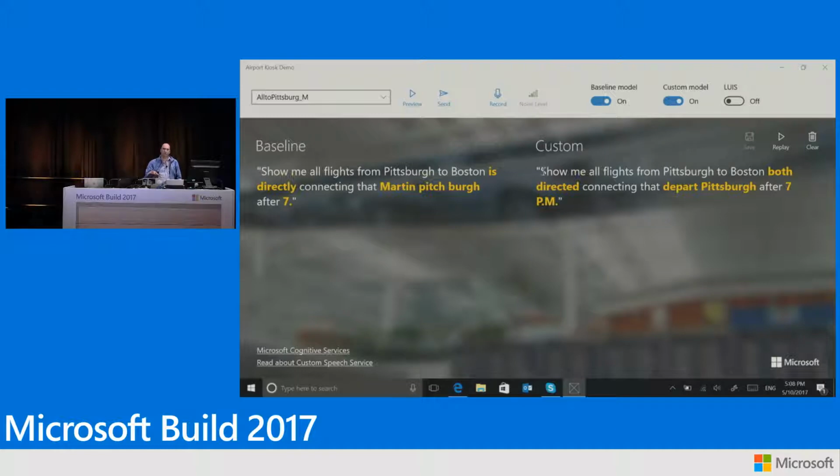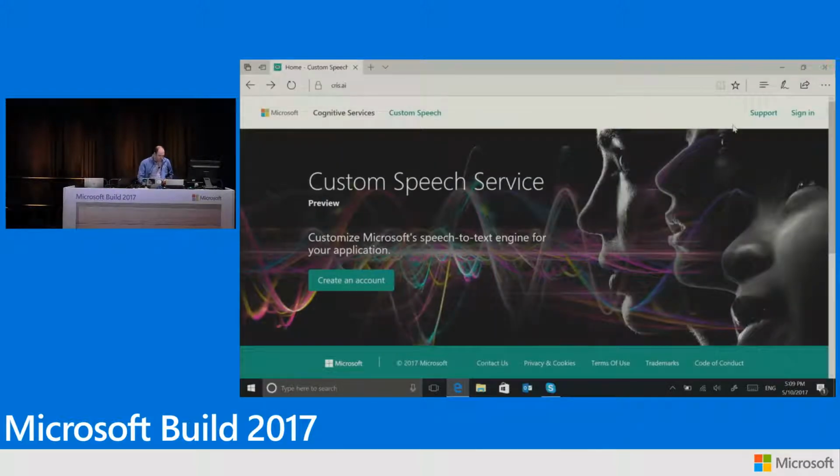So this is the point of using customization. You can bring your own data, as I did, airport-related data, customize the model, and it actually gives me quite accurate results despite the background noise that you actually heard. For this particular demo, I also had the language data, like airport names, airline names, and so on and so forth. So it is able to deal with that kind of stuff as well. Now, going back to